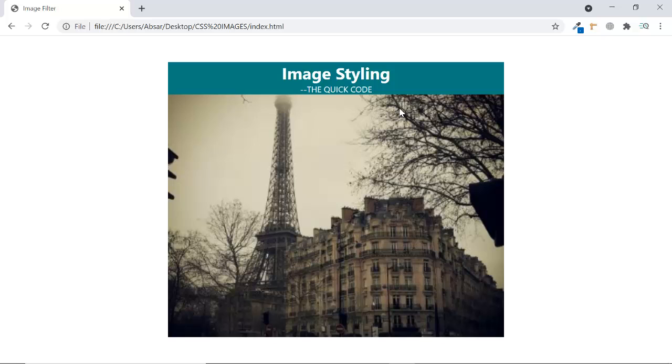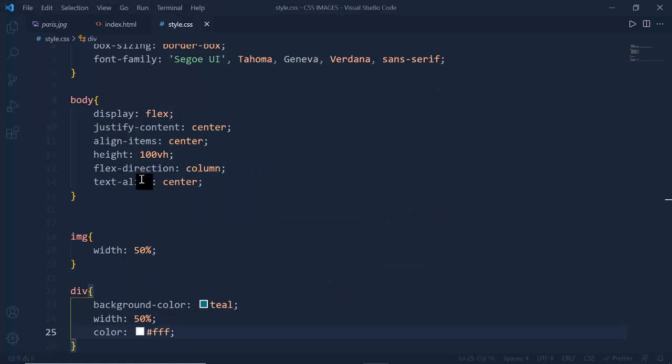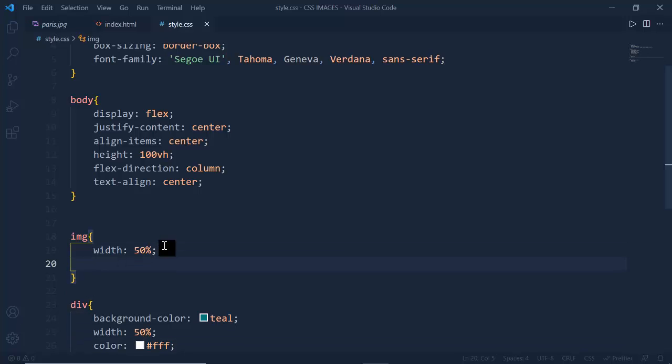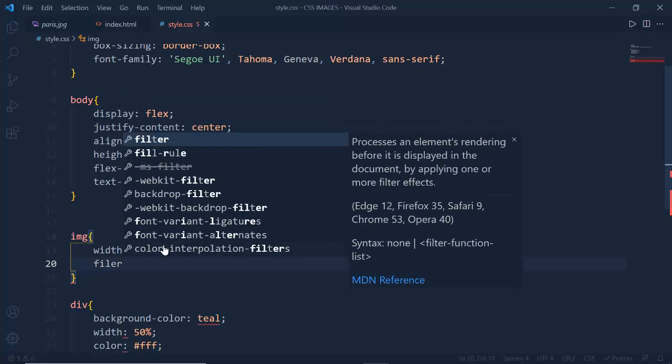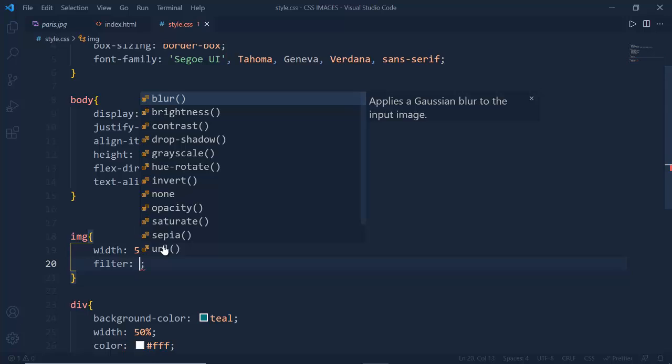Now we are going to use the filter property on my image, and I can show you. So how can we do this? It's very simple. So the very first property that we can use, or we can use random properties here. So the syntax is something like this. My filter is the property,